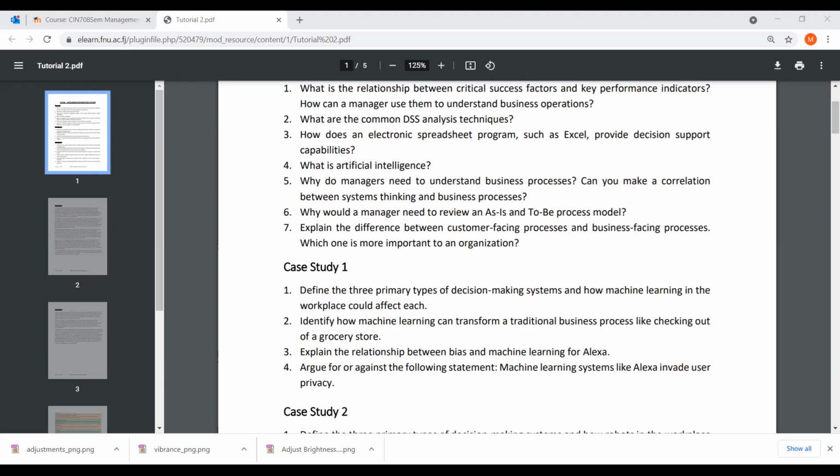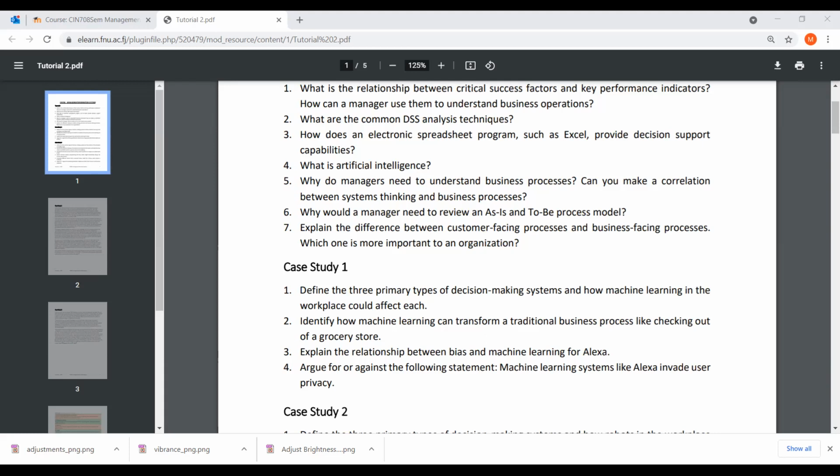Now, overall, at strategic level, you're talking about executive level decision making, high level people in the organization who make long-term goals, and the type of decisions they make is unstructured. Why unstructured? Because there's no hard and fast rule to guide them in decision making. Unstructured decision making is also infrequent, and leads to long-term business strategy.